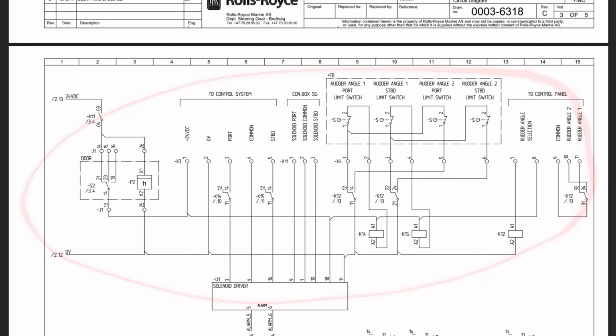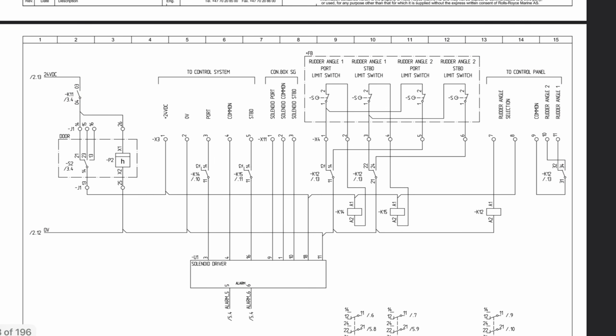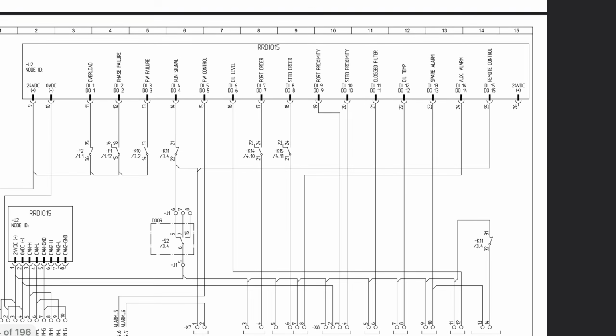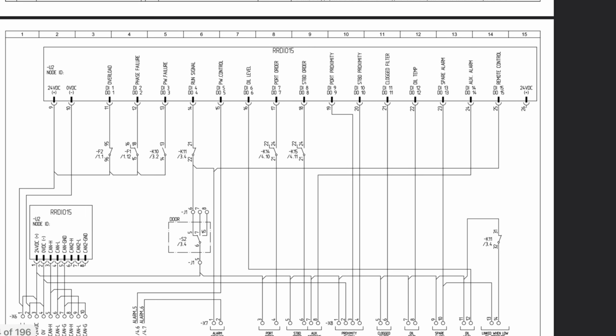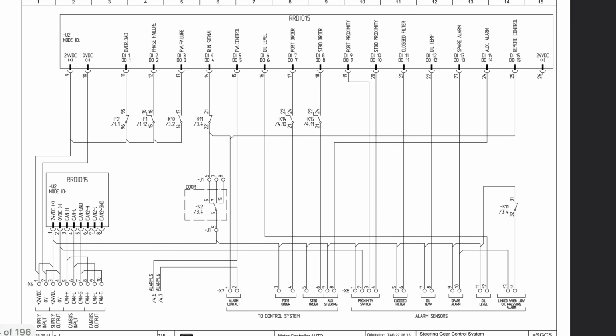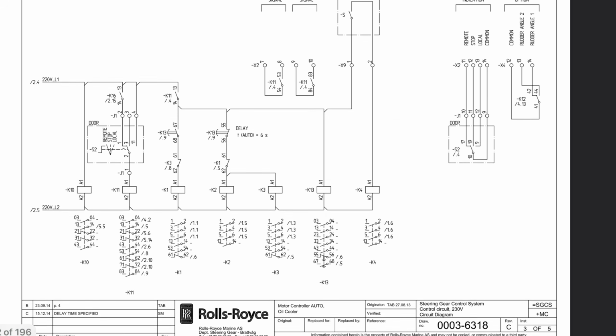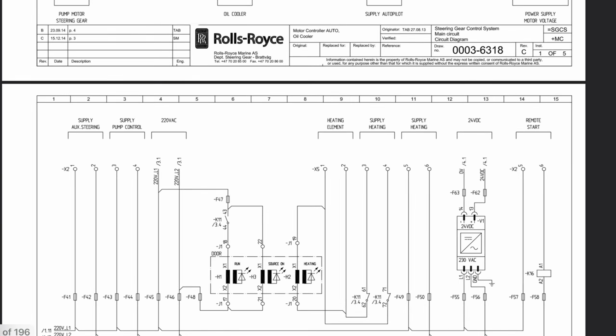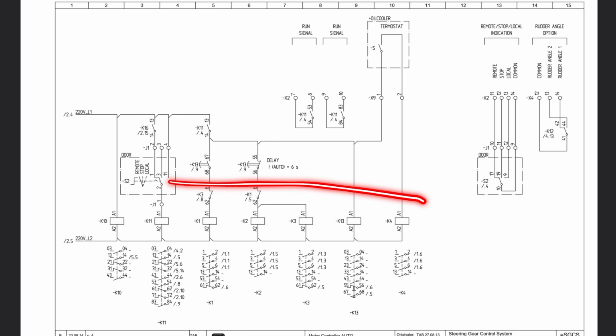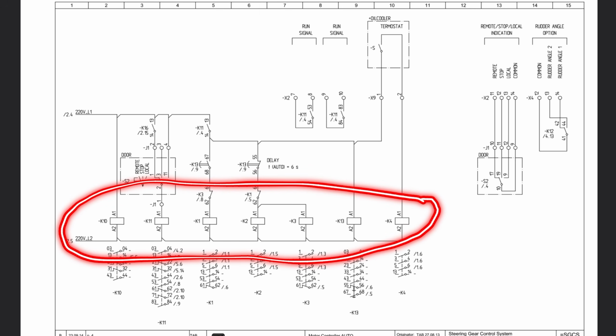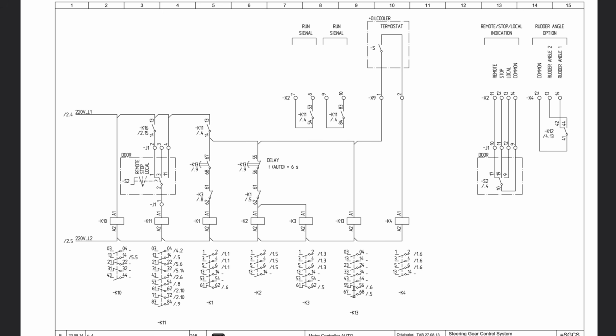In the next page also we have many control systems. As you all know, the steering gear system is a little complex system. So many signals are going and coming from the autopilot to the rudder and the motor driver. Our main focus is not the complete steering system. We will only focus on how the motor starts on the auto transformer. These are the main relays which are activating and starting the motor. So let's see one by one how the auto transformer is starting.